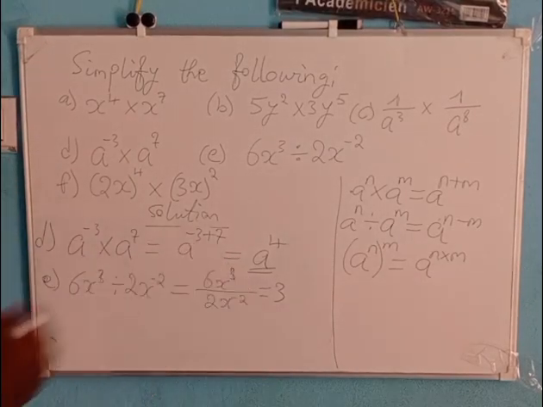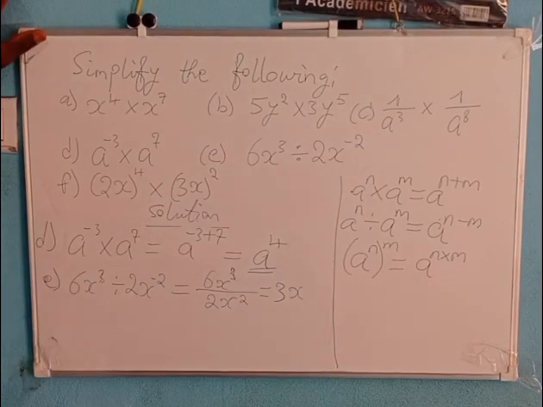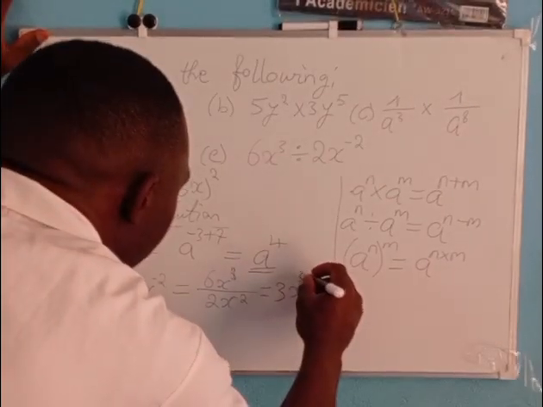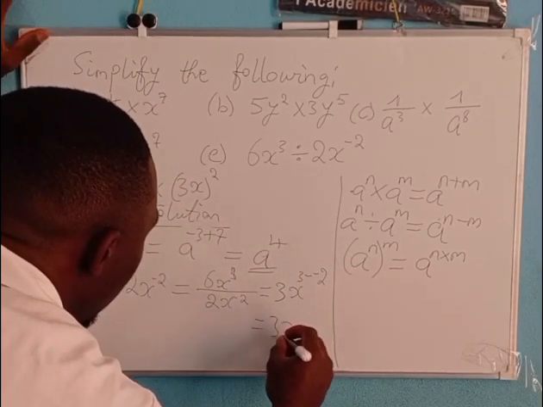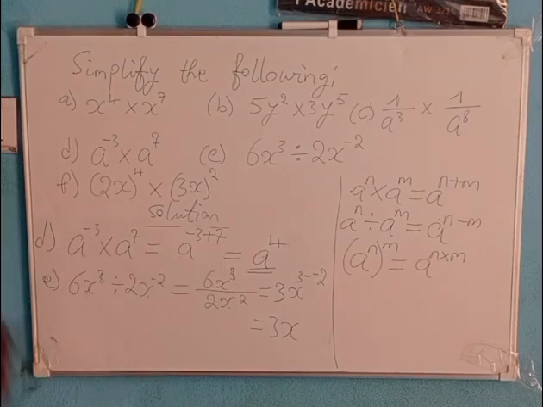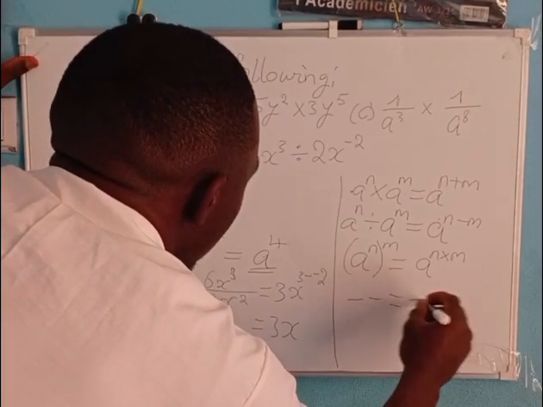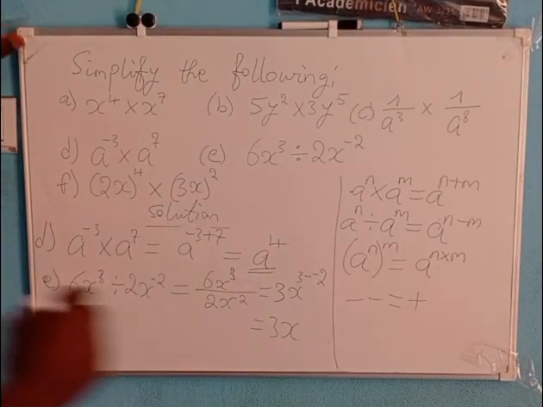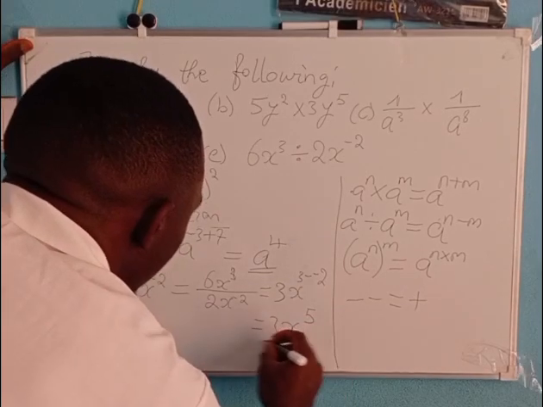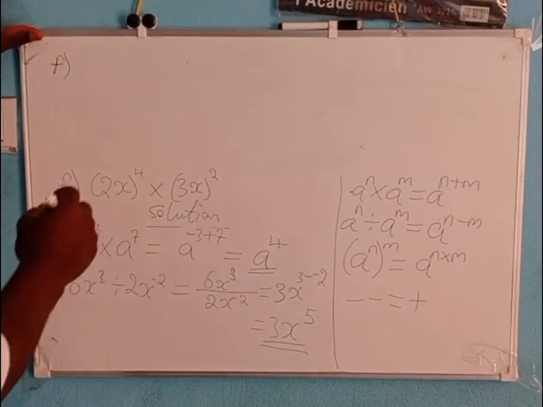We have to divide x to the power 3 by x to the power negative 2. We are going to maintain the base x. Then we subtract the powers, 3 minus negative 2. This will simply be equal to 3x raised to the power 3 minus negative 2. We know when we have two negative signs is positive. It is simply the same as 3 plus 2, which gives us 5. We go now to question F. For question F, we have